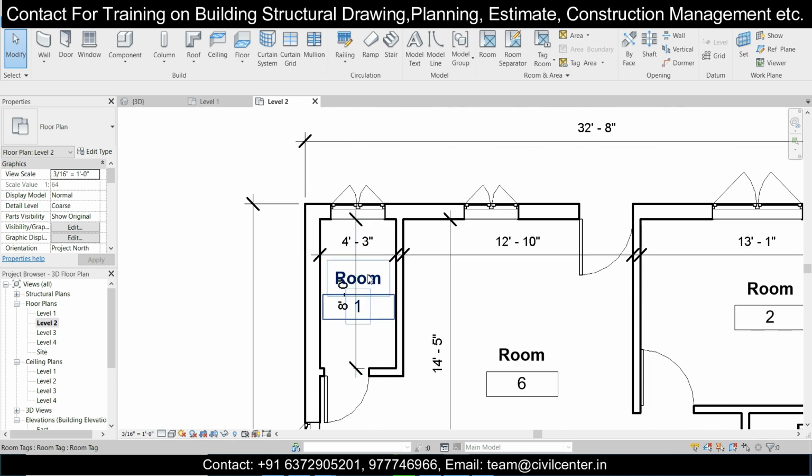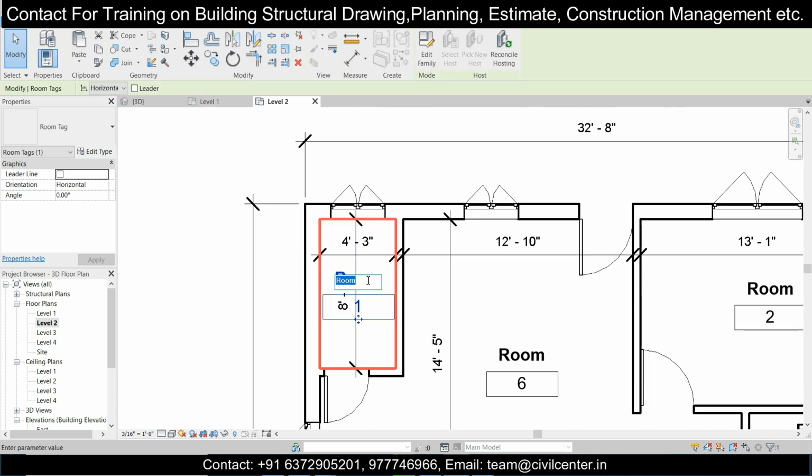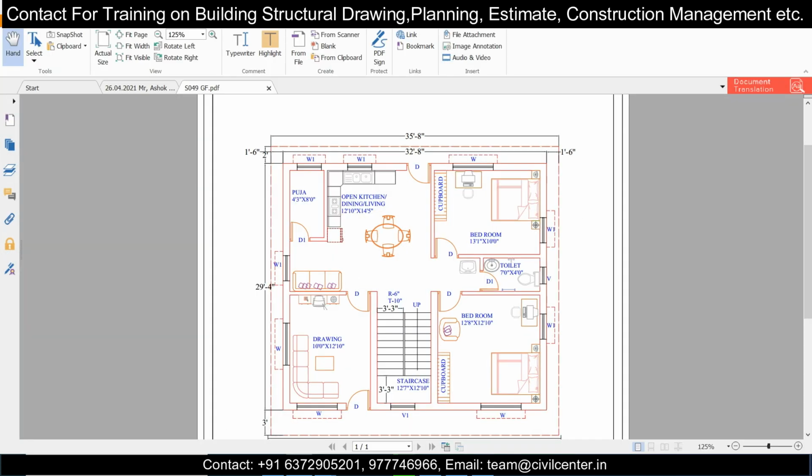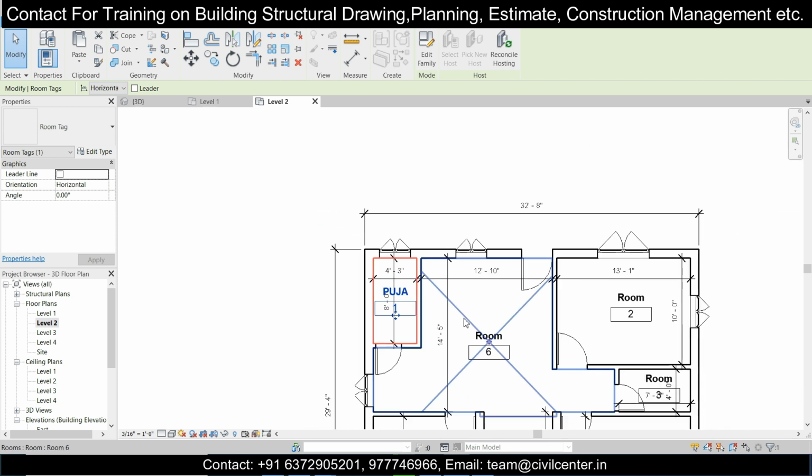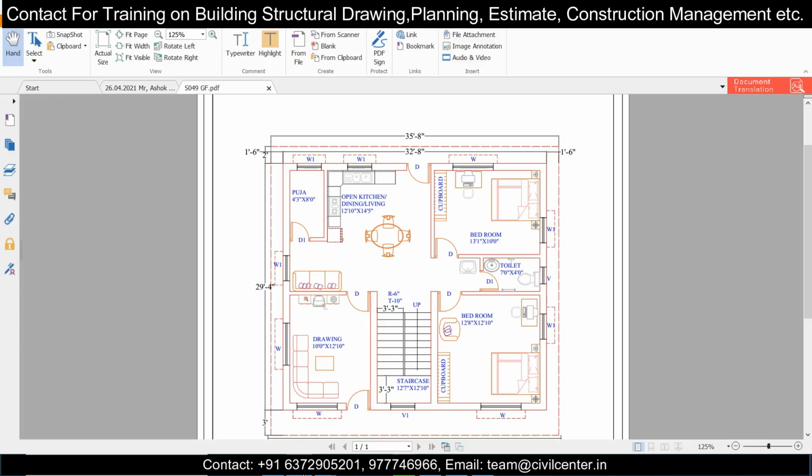So we'll just change this. You can just double click on it and then change the particular text. So it will be Puja, 4 feet 3 inches into 8 feet. So just write it here, and then this one, kitchen.